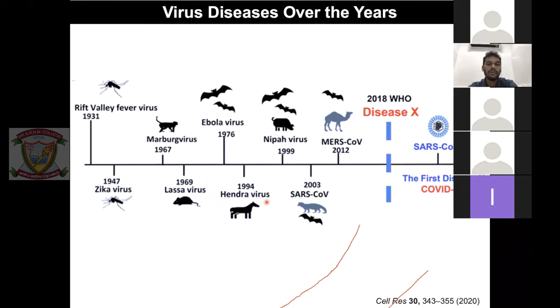If you see this picture overall, the majority of these viruses, starting from Ebola, Nipah, SARS-CoV-1, MERS-CoV, and then SARS-CoV-2, all of them originate from bats. So bat is really a strong host for the majority of these dangerous viruses, and then they pass on to animals, not directly to humans.